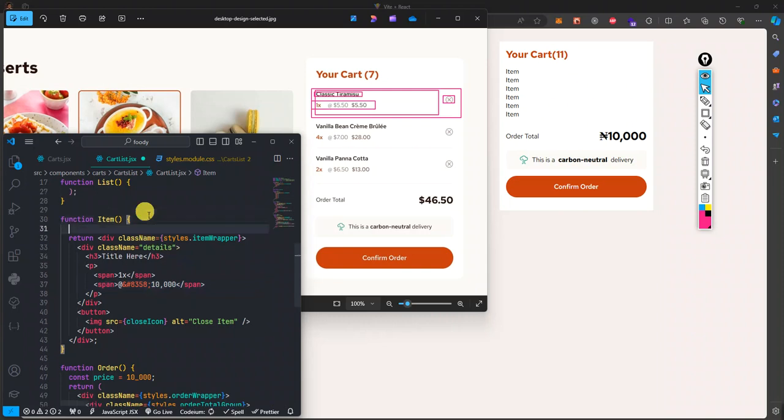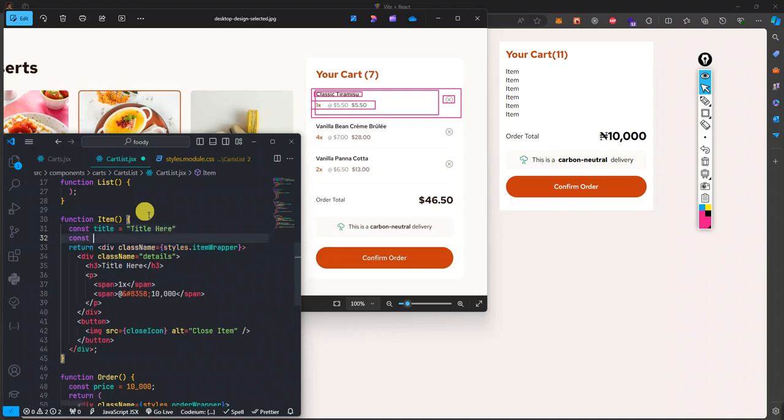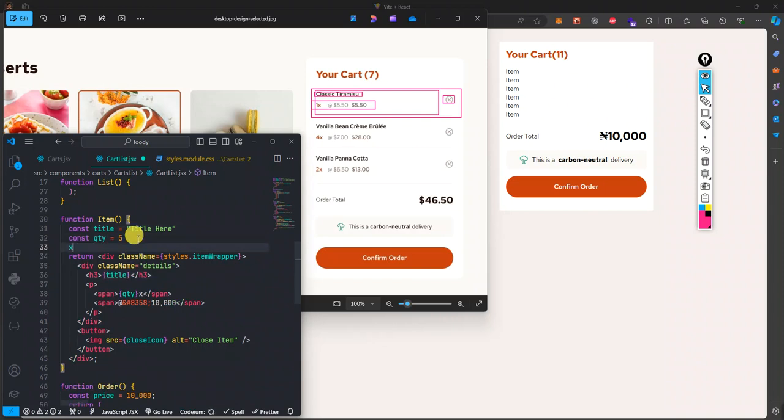So in order for us not to touch this side again, I will just create all these items here. Title here, but I will replace them later on. So const quantity, this one should be quantity, and quantity like this should just be 5. So beside this 1x, I will just put qty. This one too, we'll replace it with that title, and then here too we create the price. So const price will just be